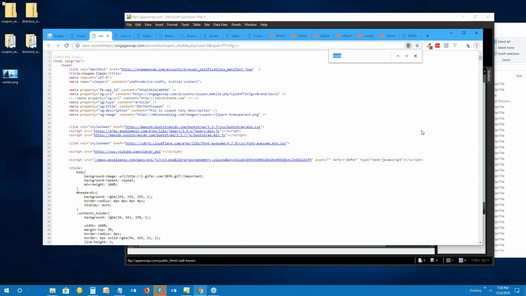Click on Find, and all you're going to do is simply look for HTTP like that, and it'll tell me how many instances of unsecure links there are. Now, this is escaped out, so this does not affect this website